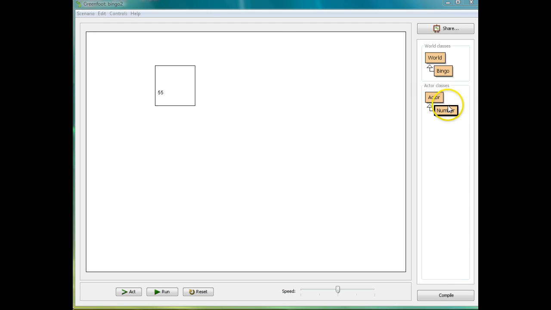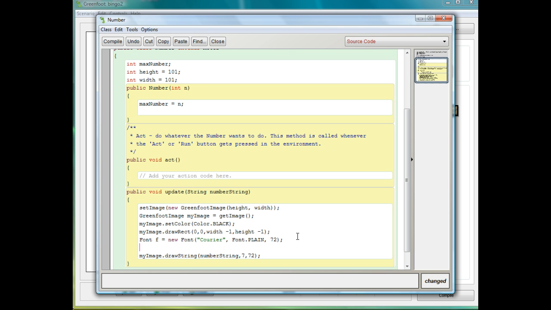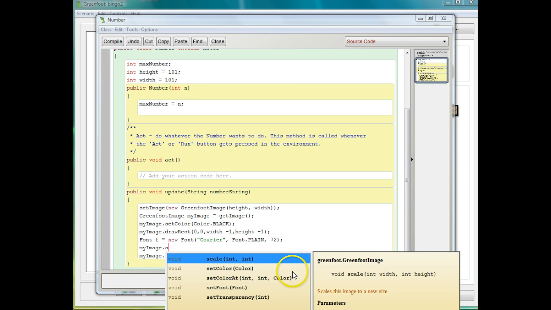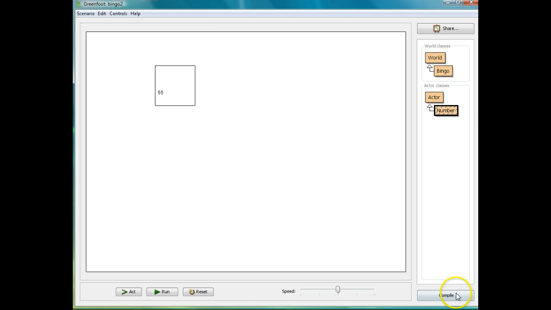And I just noticed my number wasn't big enough because although I created the font, I forgot to set the font. So I'm going to say my image, and one of the methods you have here is set font F, and F is my font. I created the font F, so I need to set the font F. So now the number will be big enough. So just to show you, here's my number,